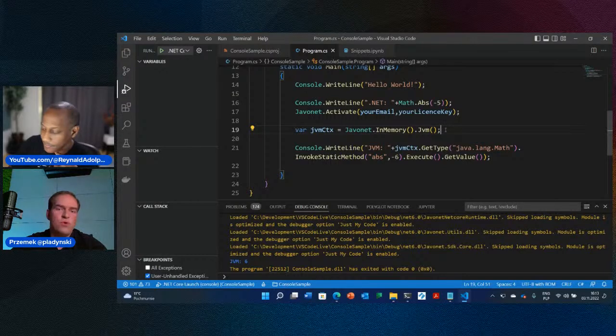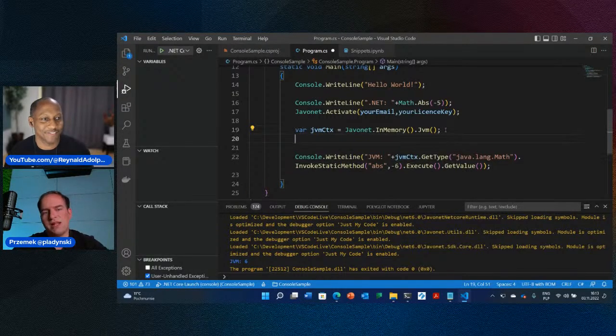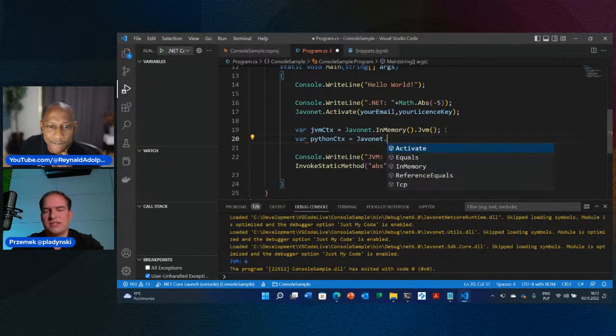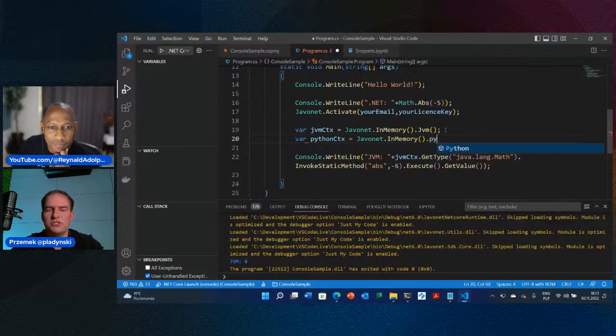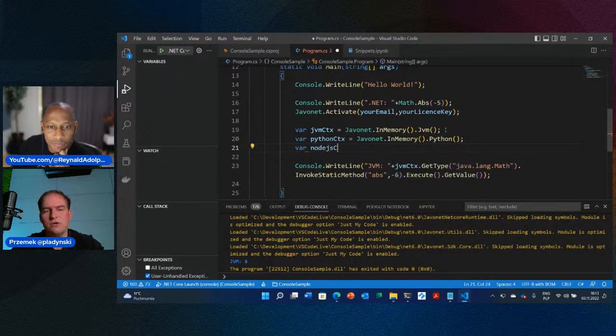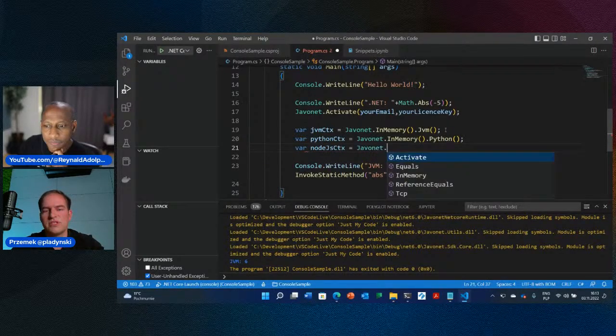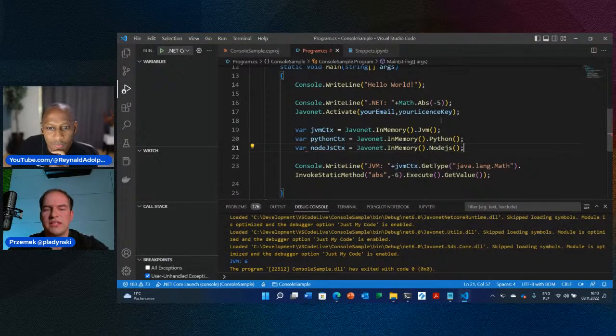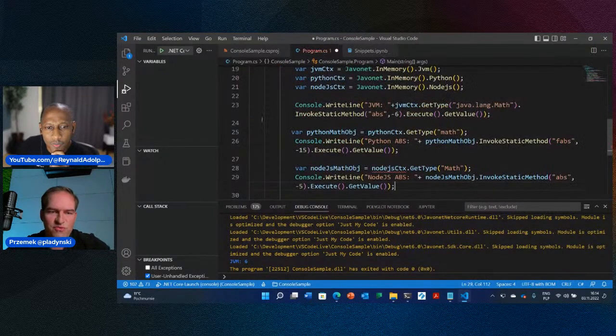Exactly. And if you want to make your application even more multi-technological, so we have now started to use two different runtimes in a single application, and we can go more. We can go, for example, for the Python context at the same time. So the same application can run the .NET Netcore, it can run the Python, it can run also the Node.js, for example. So right now we'll have ability to use anything from JavaScript, anything from Node.js packages, anything from Python, and anything from Java. So I have prepared 2 lines of code with also the same